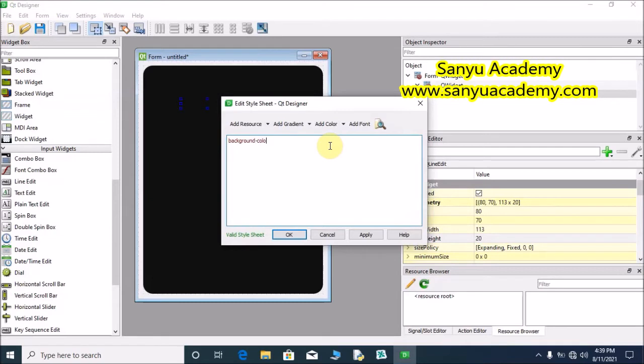Background-color: rgba(47, 49, 52, 200); Enter. Next we are going to provide the color.